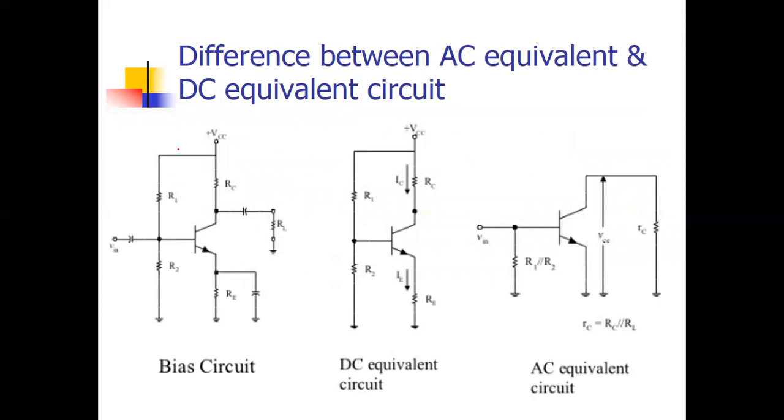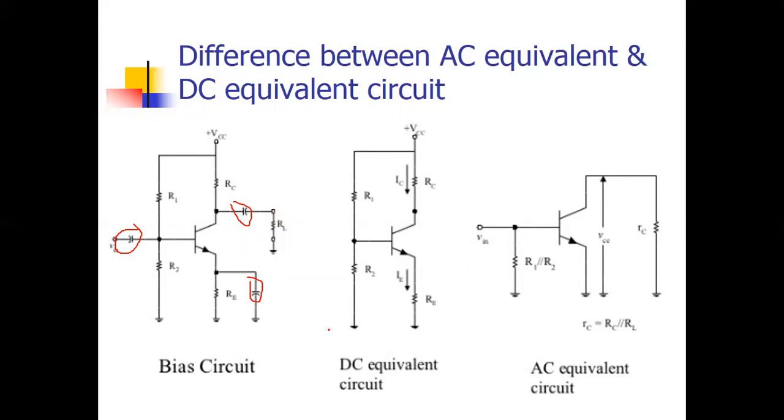See this. This is a circuit of biasing, or we can say a voltage divider biasing circuit. Now, if we do DC analysis or DC biasing or the DC equivalent circuit, if you remember the rule, in the case of DC, these capacitors will be open circuit. If these capacitors are open circuit, then this AC signal will be disconnected here. So only the DC supply is there, and the load resistance is also disconnected.